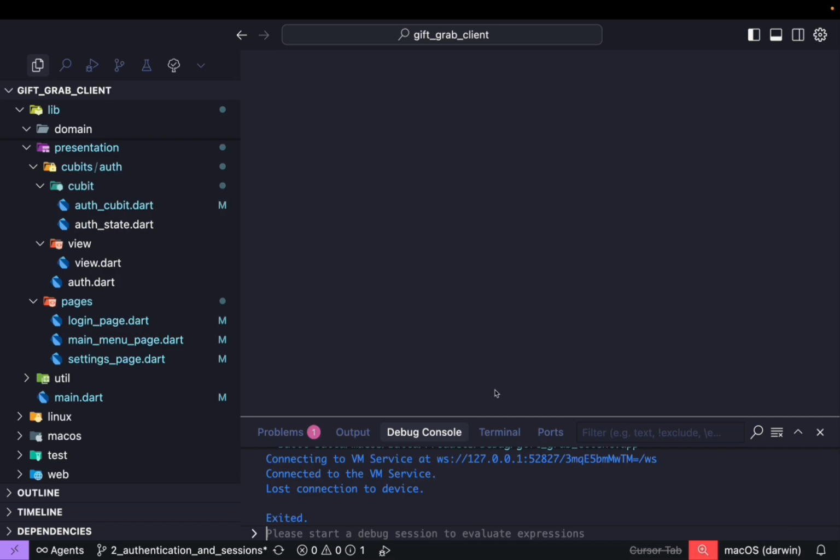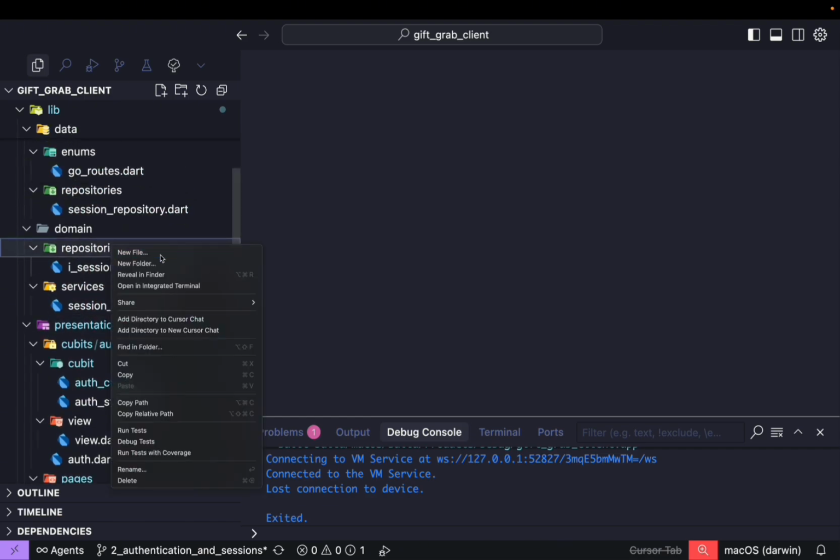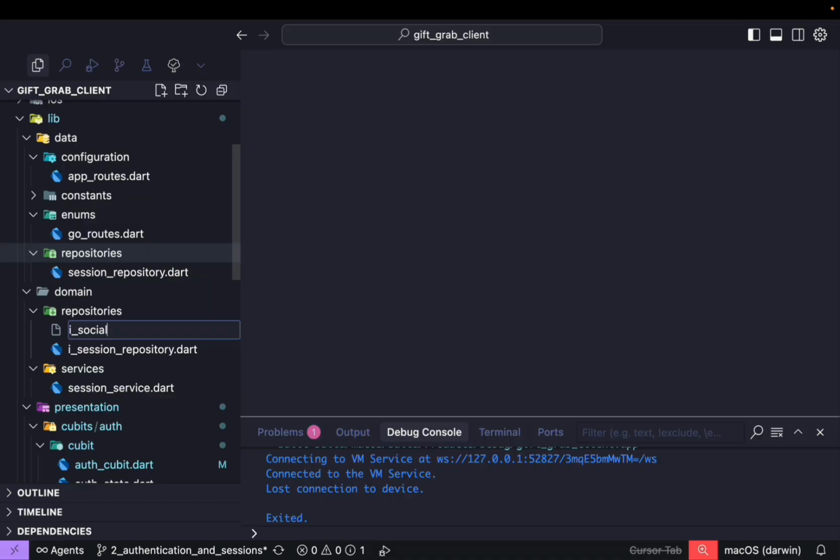The next task that we need to handle with authentication is allowing users to log in via Google. So far, they've been able to log in and sign up with email, but we're going to extend some of those options by using third-party authentication options such as Google, Facebook, Apple, etc. For this demonstration, it'll only be Google and Apple, but you get the picture. So first, I'm going to create an interface for a repository that will be responsible for handling the authentication for Google and Apple. So I'm going to come back to repositories, create an interface for the social auth